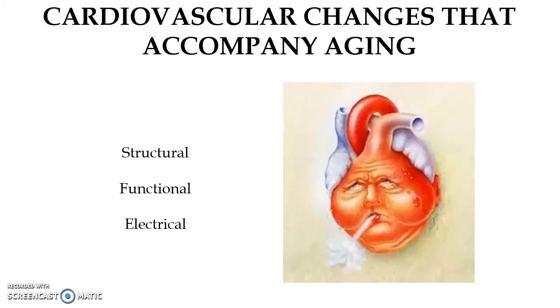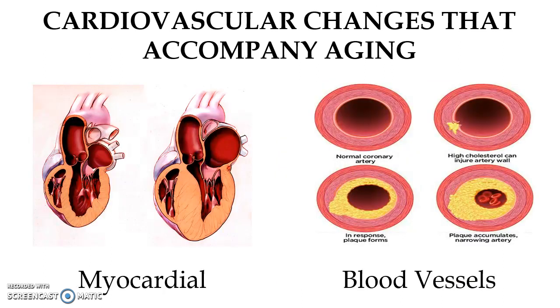So, first things first, what changes do occur in the cardiovascular system as we get old? Now, there is typically a functional decline in the cardiovascular system, and this can be attributed to the structural and electrical changes that are occurring at this stage in life. See, as we get older, the amount of collagen and elastin in our hearts and blood vessels increase and decrease respectively. As a result, the blood vessels, heart valves, and myocardial tissue become stiff and thick, thus reducing the contractility of the heart and causing stenosis of the valves and vessels.